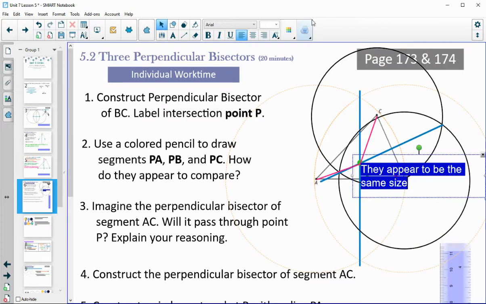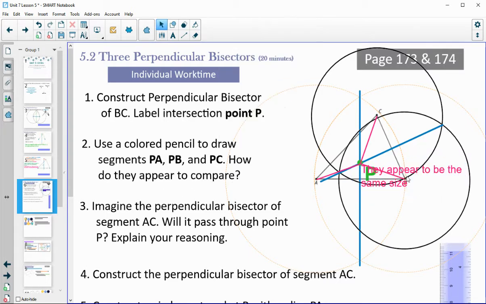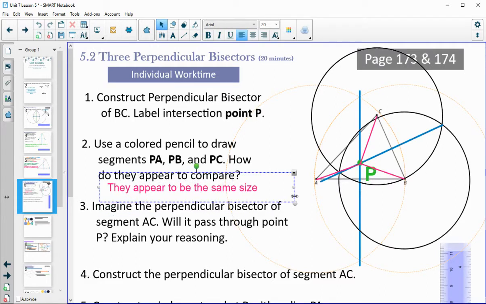And so what we're going to want to do here is think about, okay, they look like they're probably the same size. Now it wants us to think about if we were to do another perpendicular bisector. So if you were to do the perpendicular bisector of AC, do you think it'll pass through P, and explain your reasoning? So I think it will, because it makes sense that any point